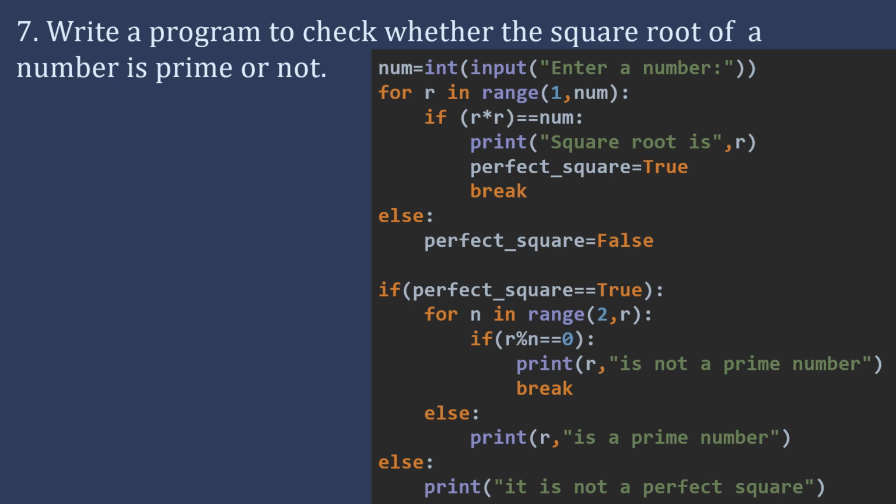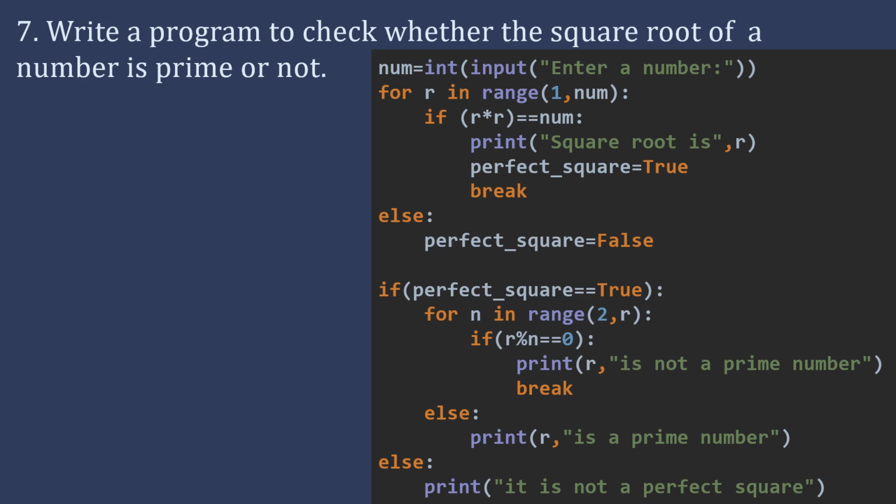That's what is done in this program. It will check from 1 to 15 and see whether there is any number whose square gives you the value 16. Instead of checking from 1 to 15, we can just check from 1 to, let's say, 8. Like that, you can give num by 2 plus 1 in the range. But here I have given 1 to num, so it will check from 1 till that number minus 1. Anyway, that is fine. This will give you the square root as r.